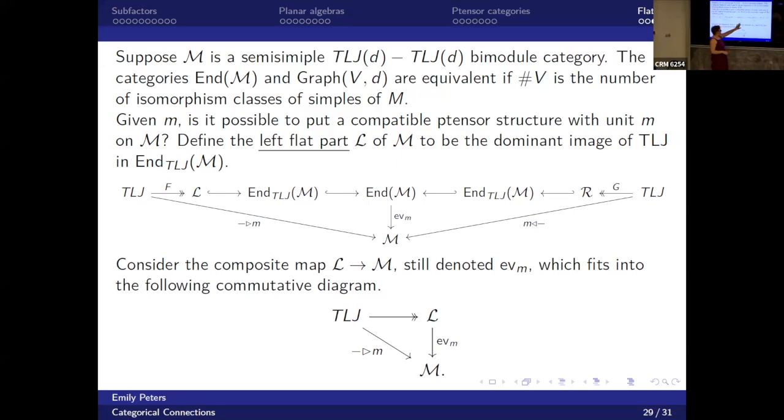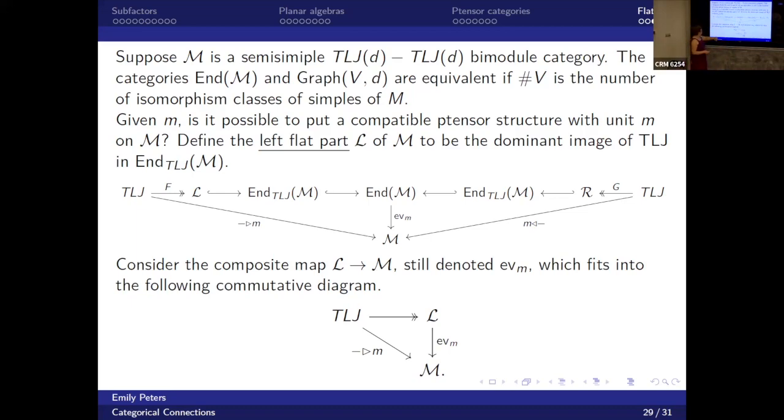And then at the bottom here, we have just M itself, right? And first of all, the Temperley-Lieb-Jones elements can just act on an element of M. Or if we go all the way over here, we can evaluate our endomorphism at M. And of course, we should get the same thing for doing all of these.